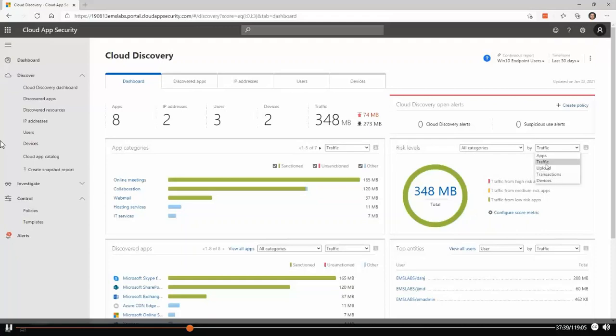Also, I can use that by transactions, the specific devices and so on. So I can choose the different topics here in that case. I directly see I'm not actually working with high risk apps, because the users in my environment are just working with the normal applications that I provided to them, and no shadow IT is really detected on this specific part. Obviously, in other cases, if I work with other applications, I can also see specific transactions or traffic